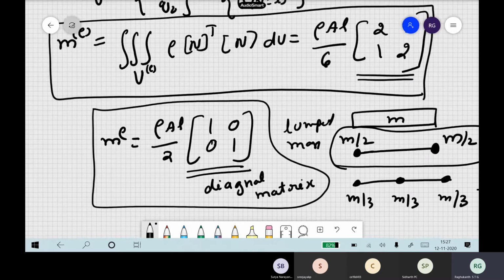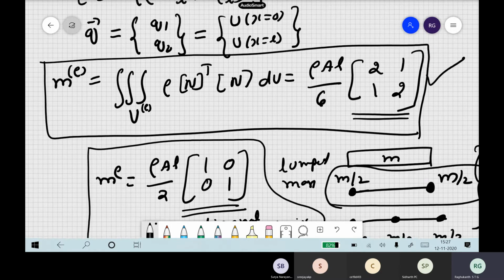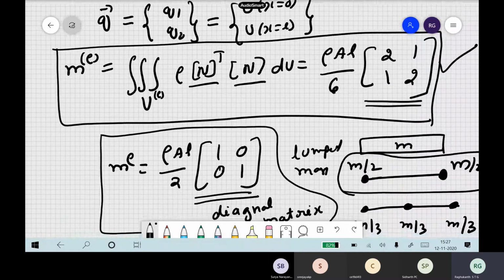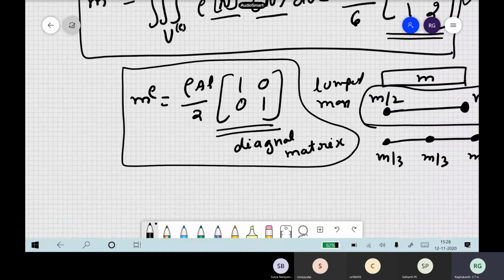But when it comes to wave propagation, this lumped mass thing is a big headache. For example, if you're modeling soil, how do you do this lumping where these things are located in 3 dimensions? It becomes very, very complex. That's why people don't prefer lumped mass there. They go directly with the consistent mass matrix itself, because it is very easy to calculate. When you're writing a code, it becomes very easy because you have the shape functions N, and you may anyway be calculating the stiffness matrix. But lumped mass has numerical advantages, because it becomes a diagonal kind of thing.